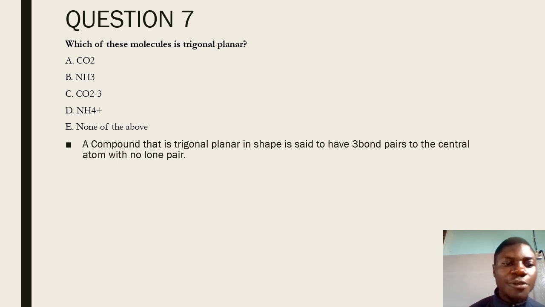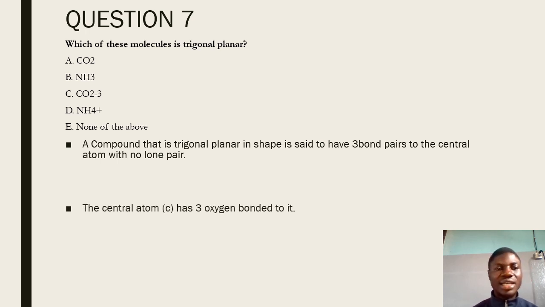From the structures above, if you want to draw the structure of each, carbon dioxide has a linear shape because it has 2 bond pairs. Ammonia has a trigonal pyramidal shape, given that it has 3 bond pairs and 1 lone pair. The carbonate ion has 3 oxygens bonded to it with no lone pair, and the answer is going to be